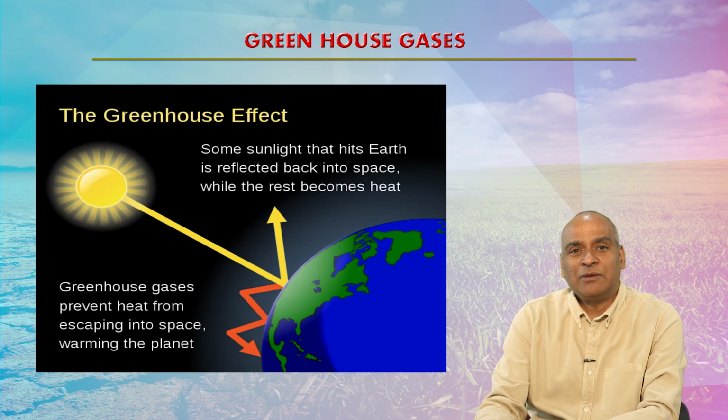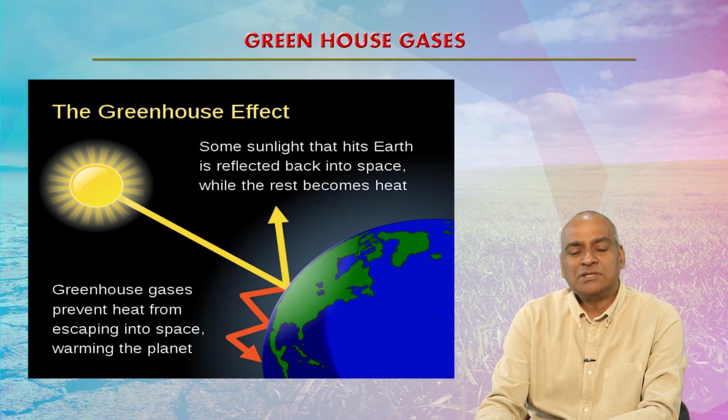If you see this diagram, you can see sunlight falls on the earth and it is reflected back, and if there is greenhouse, it can be blocked, because when the reflected rays go back, the greenhouse gases can absorb them. The thicker the greenhouse gas, or the more concentration, the more will be the absorption. What is important here is that the incoming radiation is in the visible part of the spectrum.